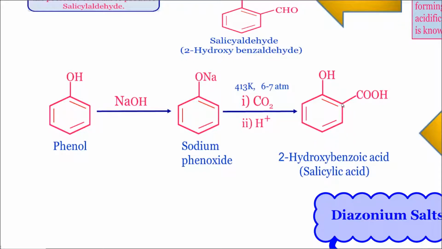Again, the carbon atom to which COOH is attached is given the top priority, the lowest possible locant. So this carbon becomes the first carbon and this carbon the second carbon, then 3, 4, 5, 6. That is how this ring gets the locants. In the second carbon we see the attachment of the OH group. Therefore this is called 2-hydroxy. Otherwise, a benzene ring attached with COOH we call benzoic acid. So 2-hydroxybenzoic acid is the IUPAC name of salicylic acid.